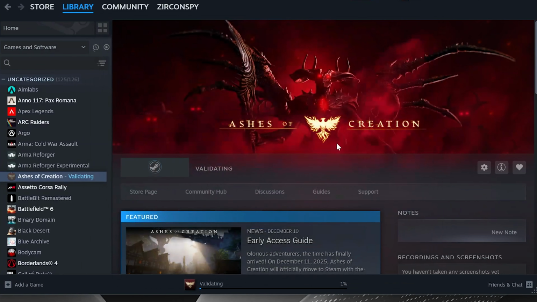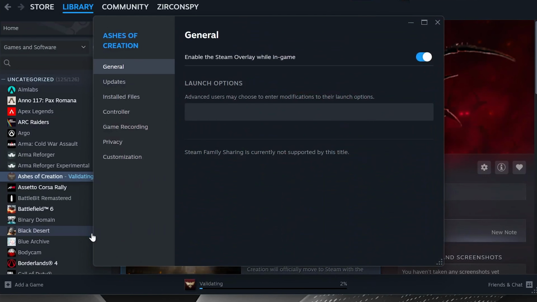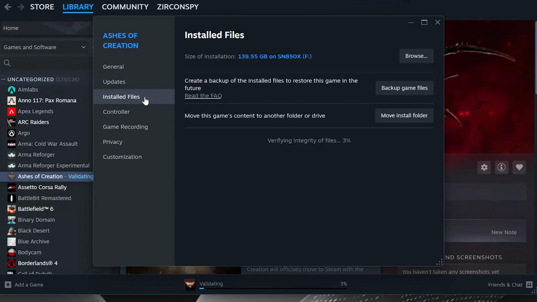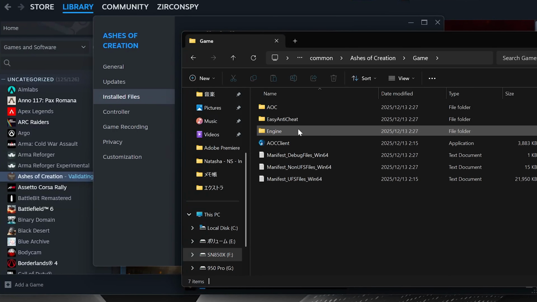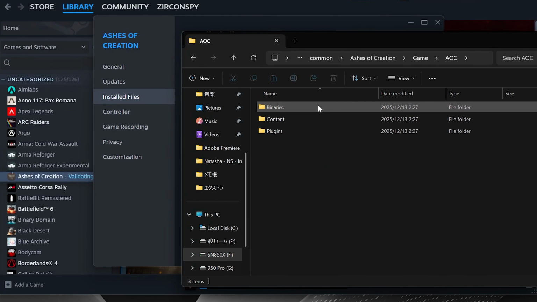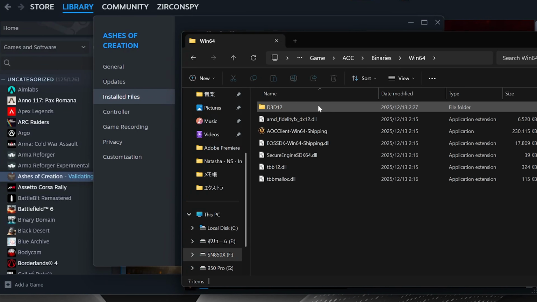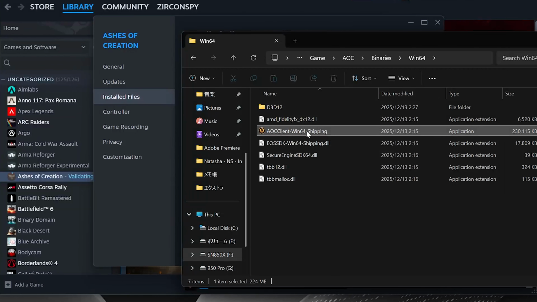Solution 2. Right-click Ashes of Creation in Steam. Select Properties. Click Installed Files. Select Browse Local Files. Open the game folder. Open the AOC folder. Open Binaries. Open Win64. Right-click AOC Client Win64